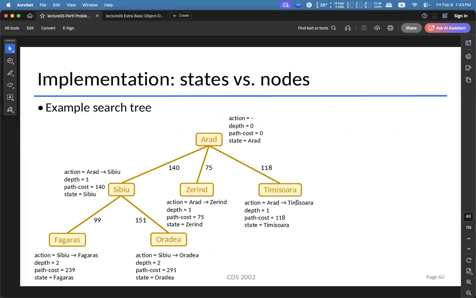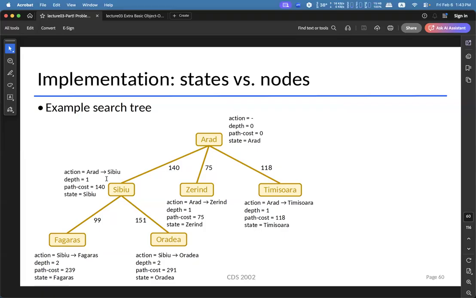For example, the Cebu node right here is storing the action Erect to Cebu, because the agent at Erect needs to take the action to go from Erect to Cebu in order to reach Cebu. So the action of each node stores what action led the agent to get to the state we are talking about.